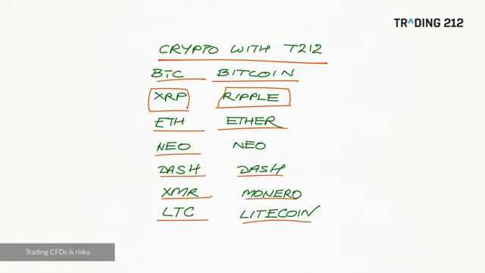I don't want to get into these in any detail in this video. We'll talk about them all in a bit more detail in a future video. For now, I would just say that these three at the bottom, Dash, Monero, and Litecoin, are much more similar to Bitcoin than the other three. You can almost think of these three as being almost like offshoots, basically, or derivatives of Bitcoin. They're very close in how they operate to Bitcoin.